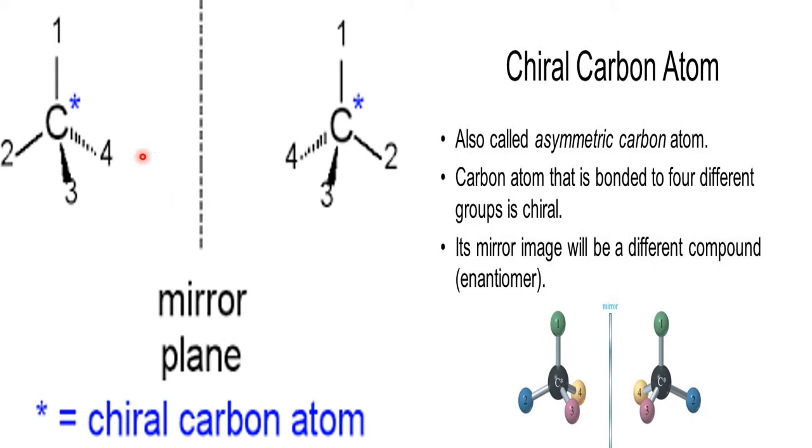This is chiral carbon because all the four attachments are different. So chiral carbon is represented using the star mark. In an organic molecule, there are many carbon atoms. Among those carbon atoms, the carbon which is chiral, you have to mark using the star marker. So the star will show that this carbon is chiral carbon.